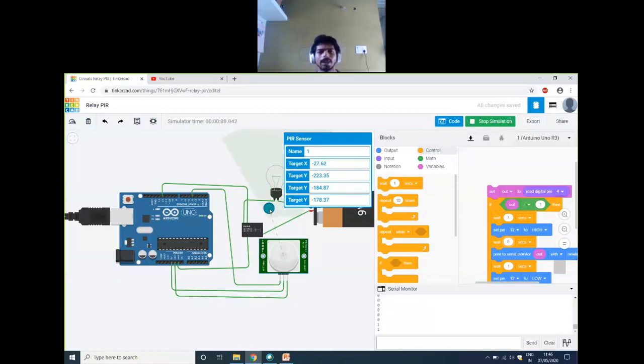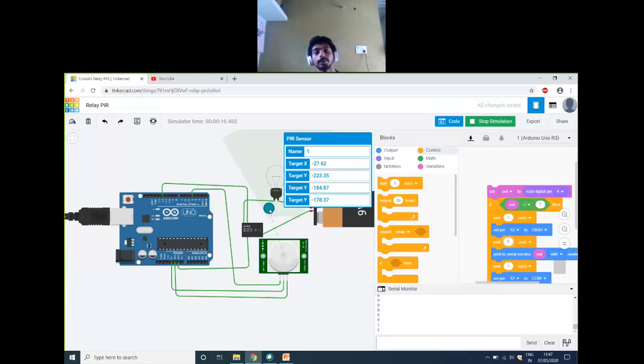Even if you want to make it IoT, the same connections will exist, but you have to add an IoT controller to it. When you add an IoT controller to this Arduino, you can directly switch it off from your phone, or you can make different connections, or you can make different applications.